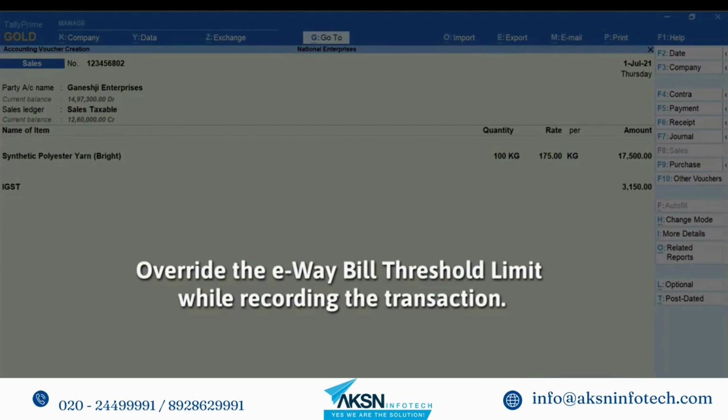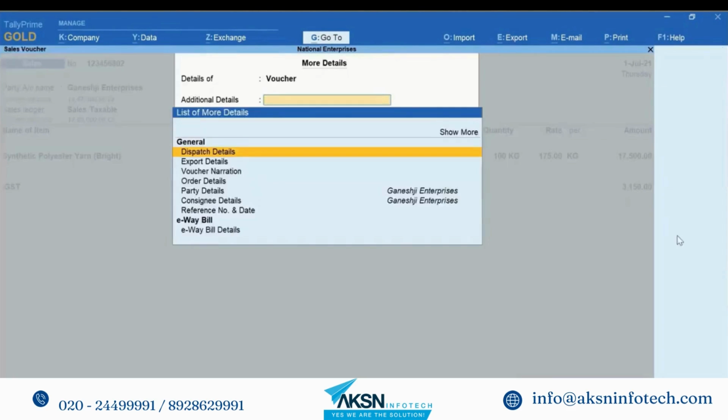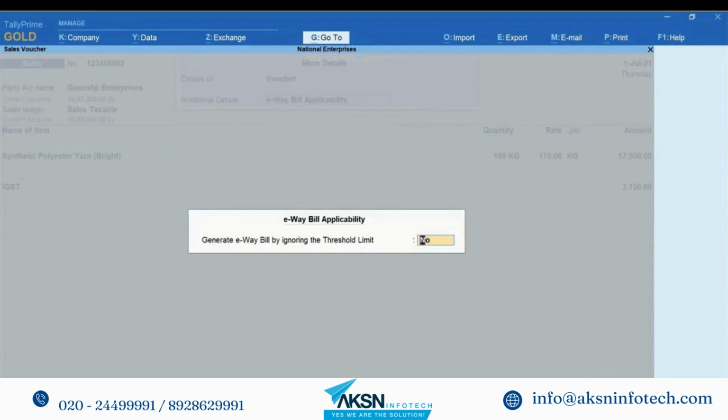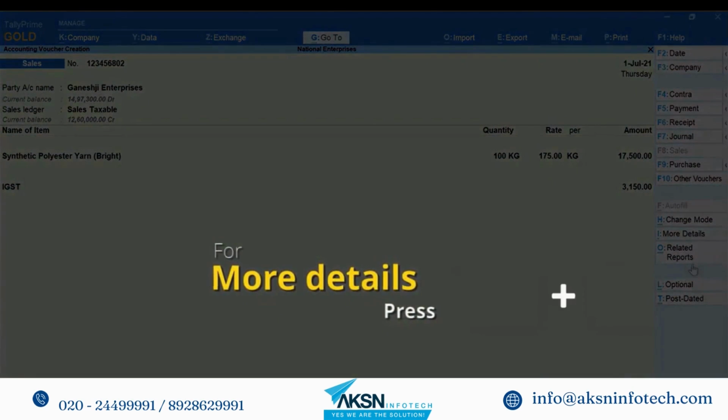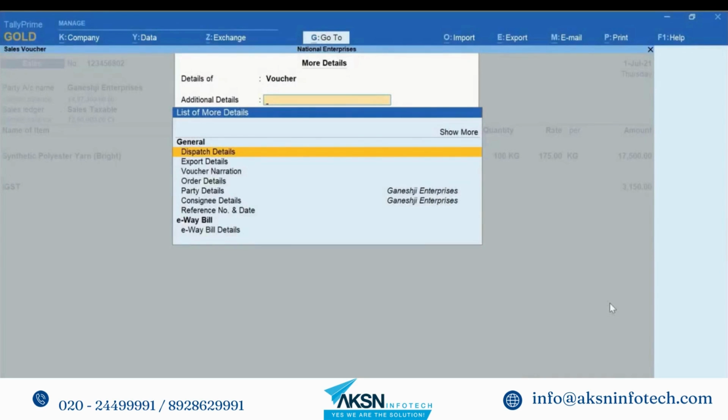आप ट्रांजैक्शन रिकॉर्ड करते समय ई-वे बिल थ्रेशोल्ड लिमिट को ओवरराइड कर सकते हैं। मोर डिटेल्स क्लिक करें या कंट्रोल आई दबाएं, शो मोर चुनें और एंटर दबाएं। ई-वे बिल एप्लीकेबिलिटी पर जाएं और एंटर दबाएं। अब जनरेट ई-वे बिल बाय इग्नोरिंग द थ्रेशोल्ड लिमिट को यस सेट करें। अब से यदि इनवॉइस की रकम थ्रेशोल्ड लिमिट, जो कि 50,000 रुपए है, से कम होगी तो भी आप ई-वे बिल बना पाएंगे।